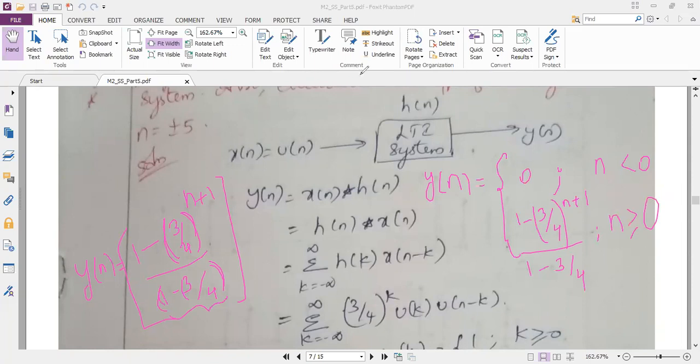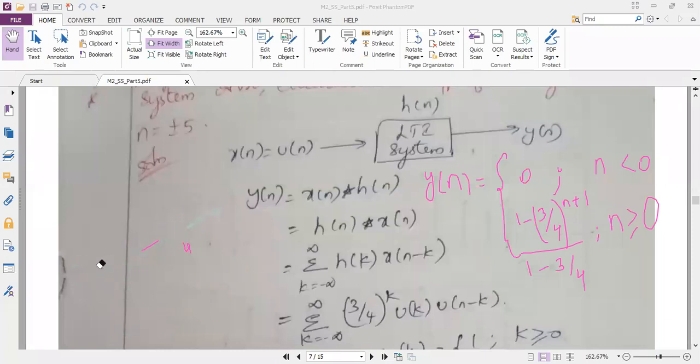So for this problem, don't refer to my notes. This complete solution I have taken from different books, so the steps are completely different. But when I was explaining this problem, I followed the regular method which we have used for the earlier problems. So I want you to follow the regular problem steps for this problem too. Okay. But is this problem completed, or do we have any other work in this problem?